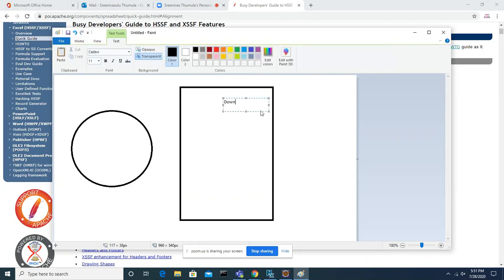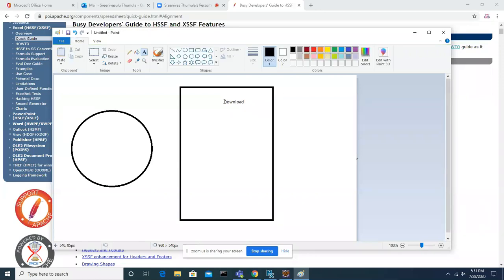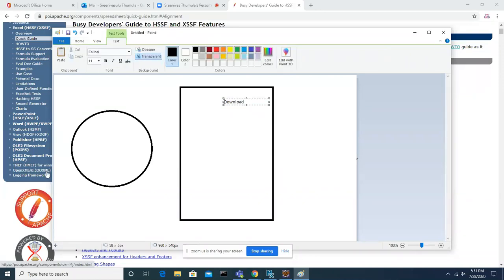The moment you click on download, the request will go to the server. How the request goes, how the response comes, and how the data comes to the front end, all these things we will discuss in servlet programming. But try to understand how this report generation works in real time.